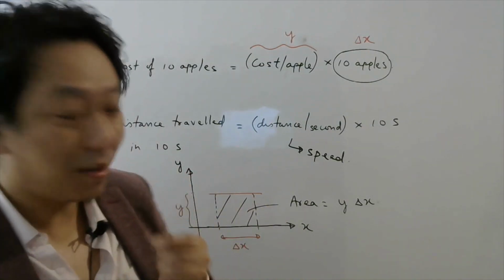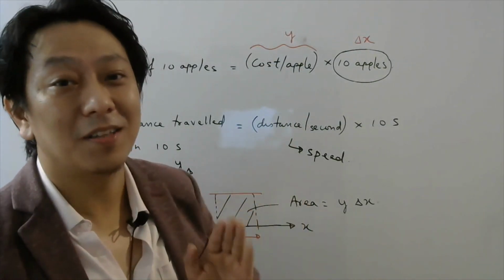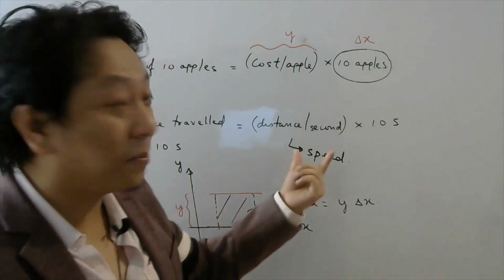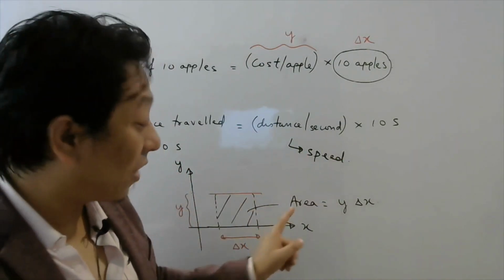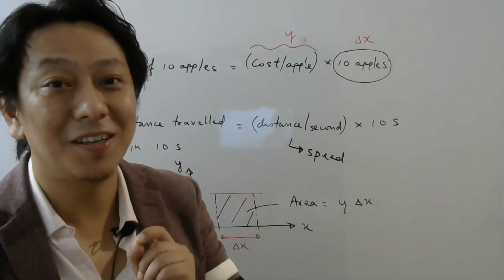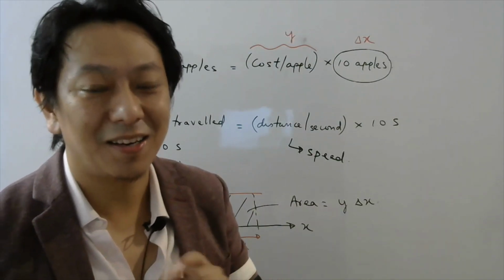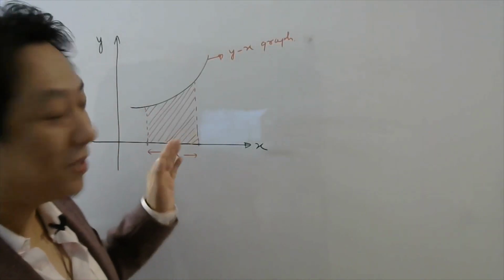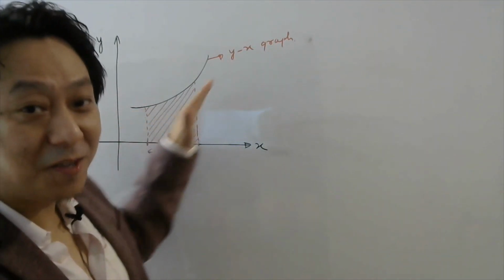So in that case, if your y is changing with x, then how are we going to find the product? Then how are we going to find the area? That is where the integration comes. So let's see that. So here I have taken an example where the y is changing with x and it